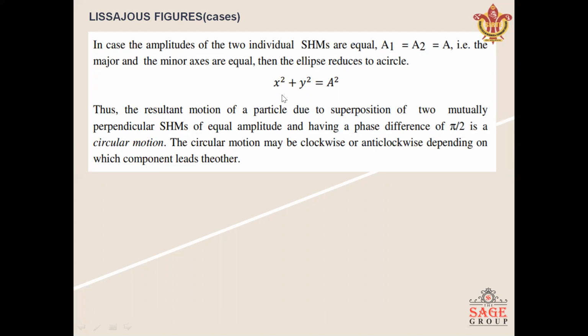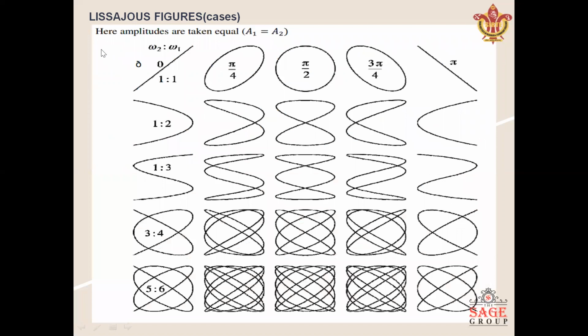So these are the four different cases in which we can get different curves. We can get a straight line when the value of delta, that is the phase difference, is 0, when the value of delta is equal to pi, when the value of delta is equal to pi by 2, and finally when the amplitudes are the same and the value of delta is pi by 2, we can get the equation of a circle, or the Lissajous figure can be a circle. So these are some practical cases. We are getting the Lissajous figures like this.